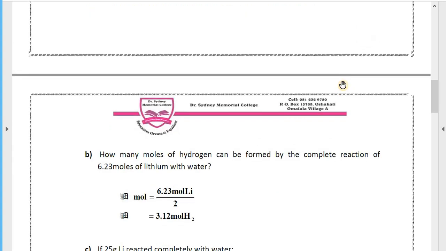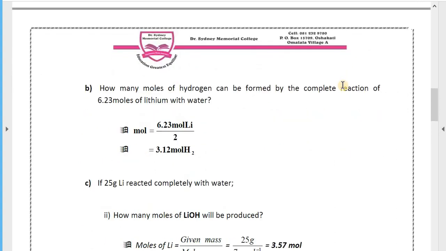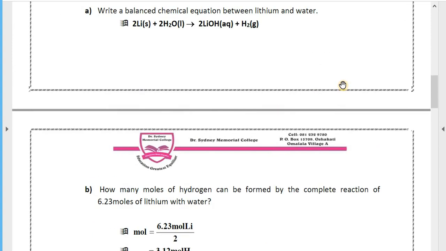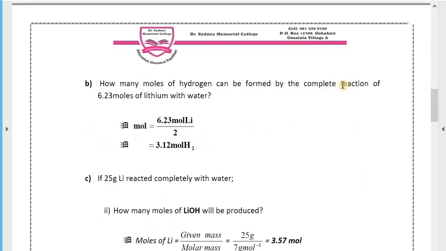But if there were 3 of you at the same school, and then we'll say 3 Ritas or 3 Tuthis, but you only say Tuthi or Rita. That's why we don't put the 1 behind the H2, but that's 1 mole of hydrogen. So now, if 2 moles of lithium produce 1 mole of hydrogen,